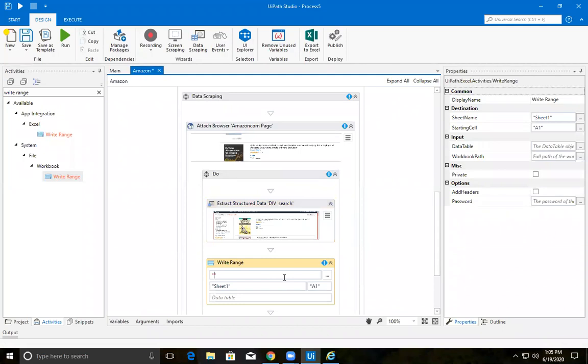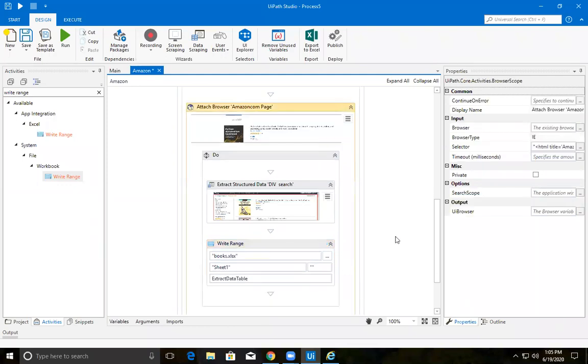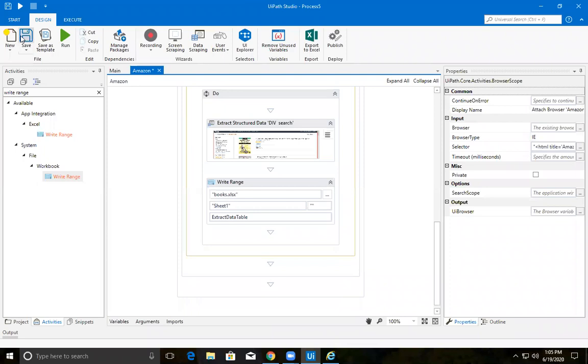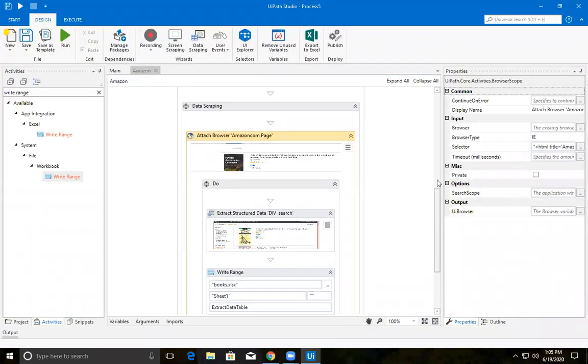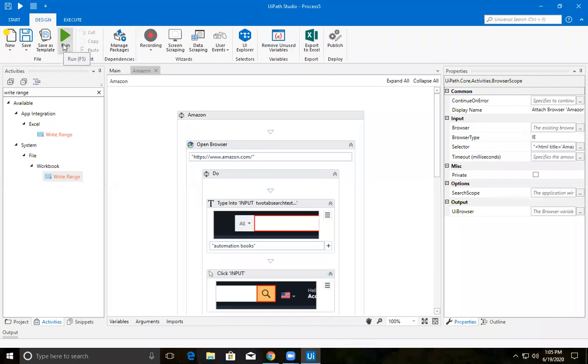Give it in double quotes: Books.xlsx, Sheet1. Just remove the range and provide the extract data table. Okay, let's save this, close the IE, and now let's run this.